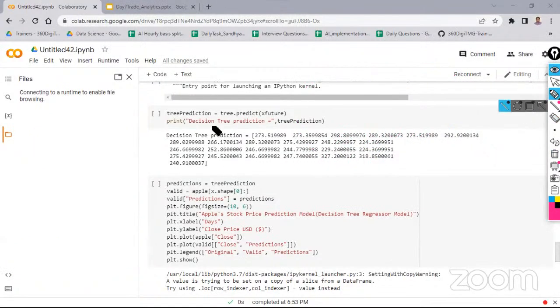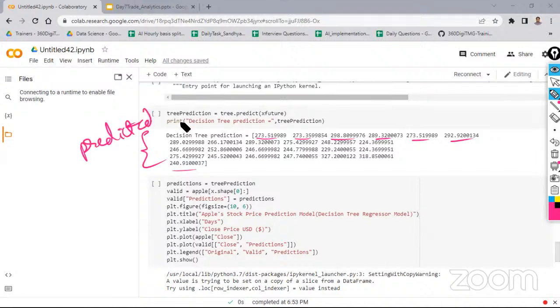So now here I've passed that and I've given. So these will be your prediction values for the next 25 days. So this is your predicted values. So I've taken this prediction value for the next 25 days and I'll plot this in the graph. So when I plot that in the graph,